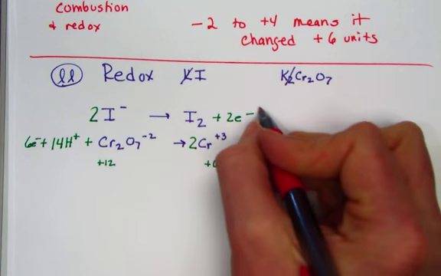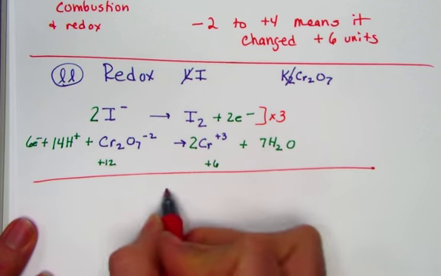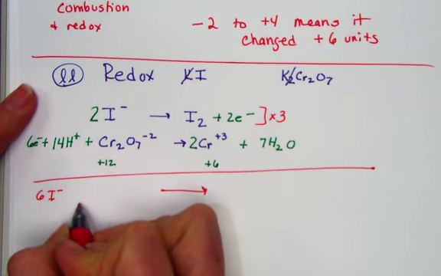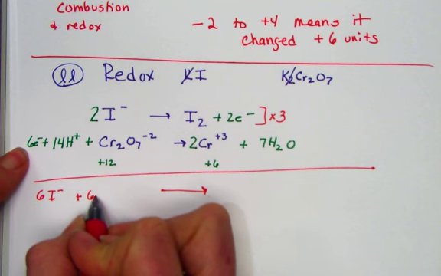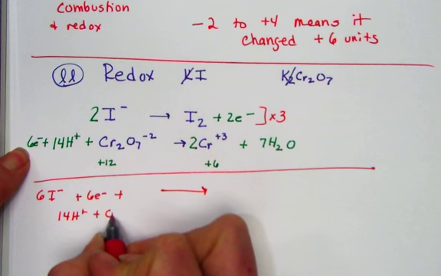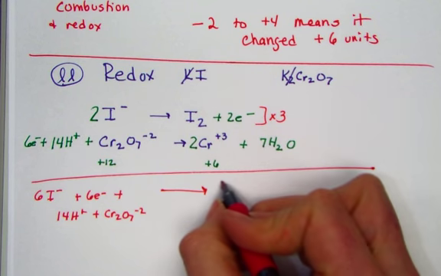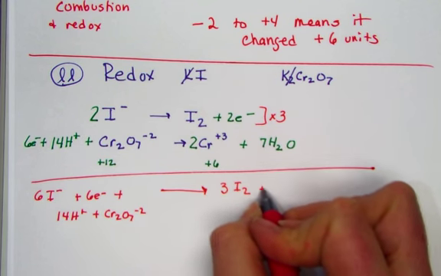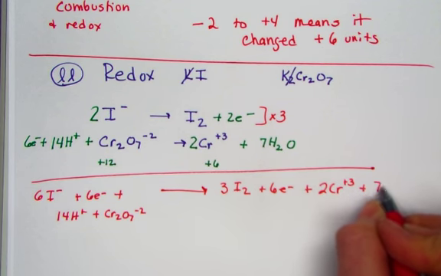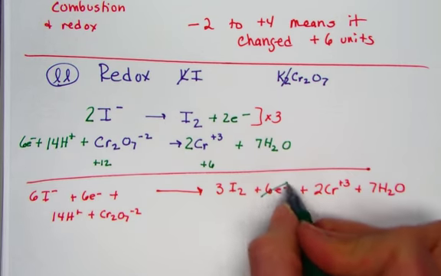Now LEO must equal GER, so we'll distribute a 3 through that first half reaction, and we'll add them back together at the same time. So 3 times 2 is 6 units of iodide, plus 6 electrons, plus 14 hydrogen ions, and the dichromate polyatomic ion are on the left side of our arrow. On the right side, we have 3 iodines, 6 electrons, 2 chromium +3 ions, and 7 waters. Let's see what we can simplify. The electrons are canceled,